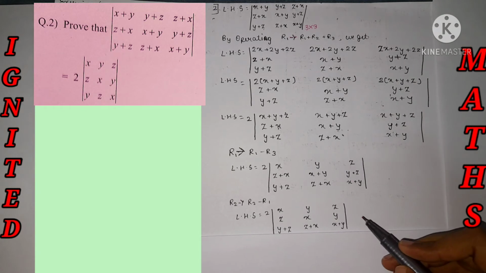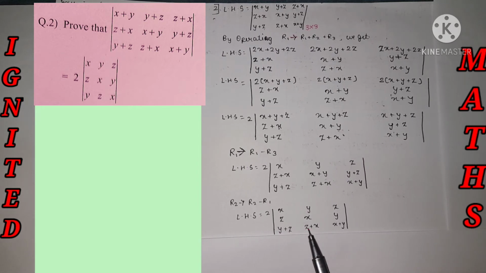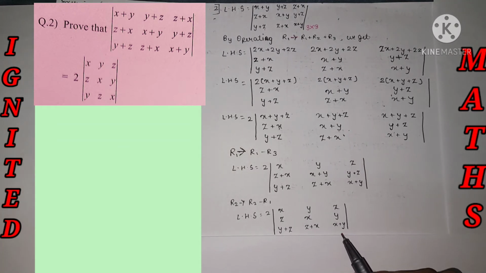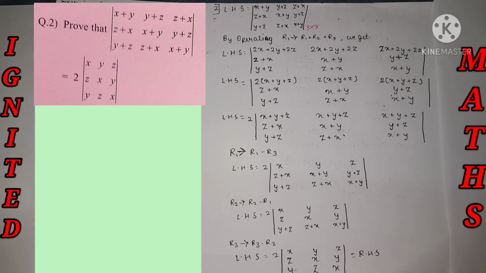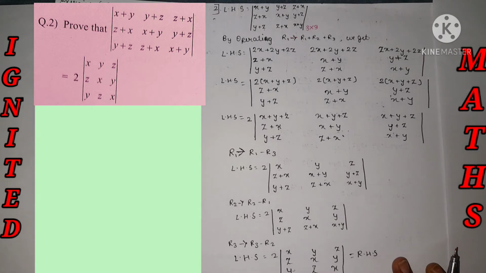Just check it with the question, what we need to prove, and the operation that we have got till over here. Y plus z is over here and we need to get the answer as y. So y plus z, subtract by z, we will get the answer y. Z plus x, subtract by x, we will get the answer z. This y, subtract by the y, we will get the answer x. Yes, this is how we need to prove it, okay? And we got the RHS value by using the operation we have found.